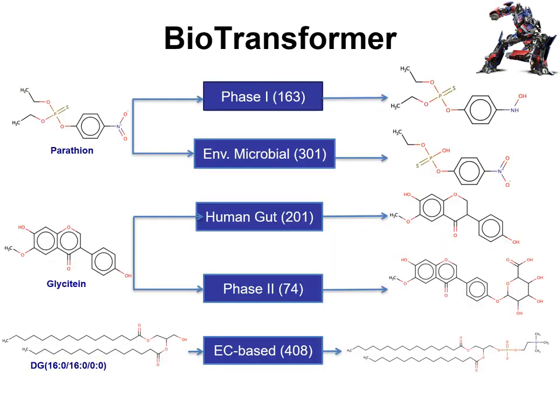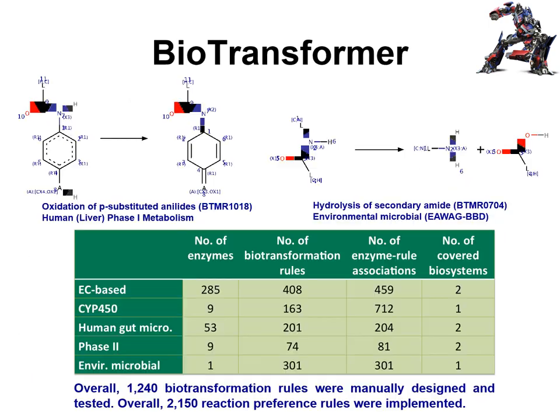The tool itself has, as I said, these 5 components, where it does phase 1 transformations, 160-some transformations modeled in the software. Environmental transformations, about 300. Human gut or microbiome transformations, a little over 200. Phase 2 transformations, about 70. And then promiscuous enzyme conversions that will happen, about 400. So we'll dive in a little bit more about